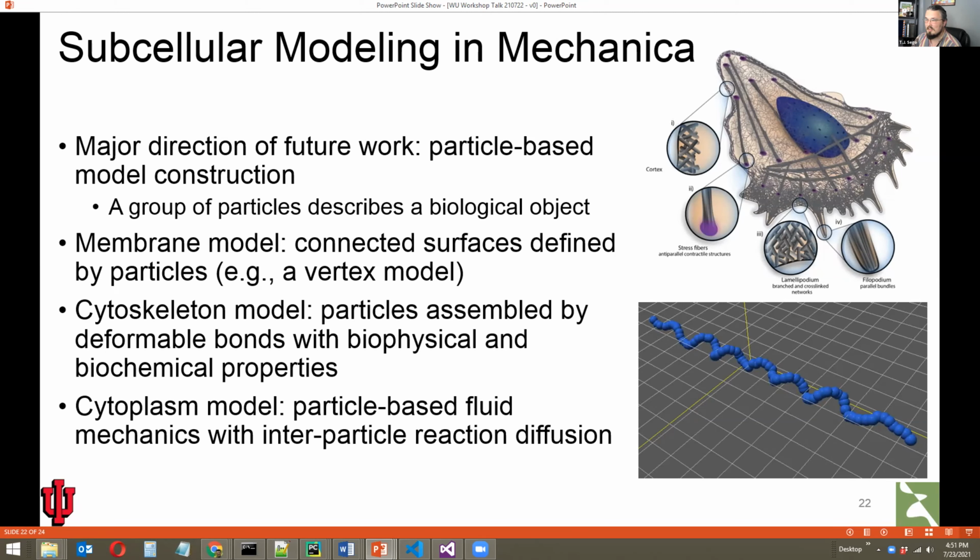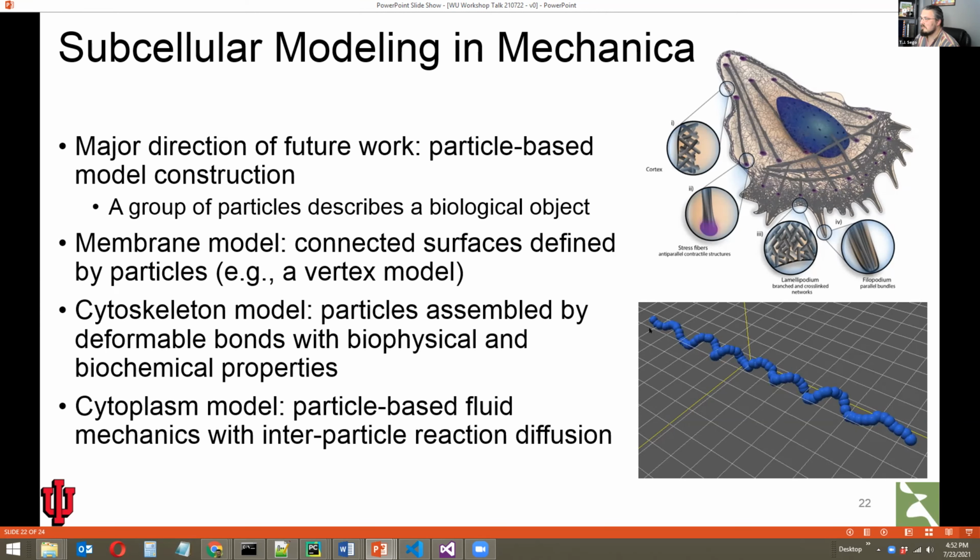And I think this is probably what I'm most excited about with this project: to be able to take individual subcellular components that constitute a cell and cast the properties and the behaviors of those individual components in terms of these elementary interactions and construct something like a particle-based cell. So a deformable membrane, actual organelles.